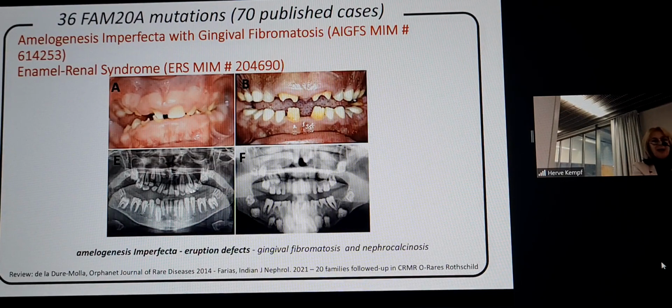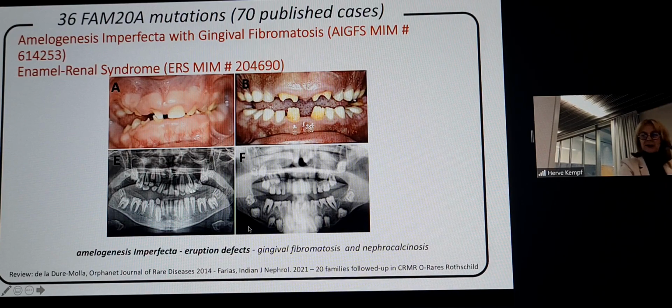At this time, there are 70 published cases of enamel-renal syndrome, and 36 FAM20A mutations are recorded in the literature. Two OMIM entries are connected to this so-called enamel-renal syndrome: amelogenesis imperfecta with gingival fibromatosis, and enamel-renal syndrome per se. What is important in this syndrome is that it is pathognomonic. When you see the patient, you don't even need the molecular diagnosis, because you have an amelogenesis imperfecta, so enamel which is malformed, and also